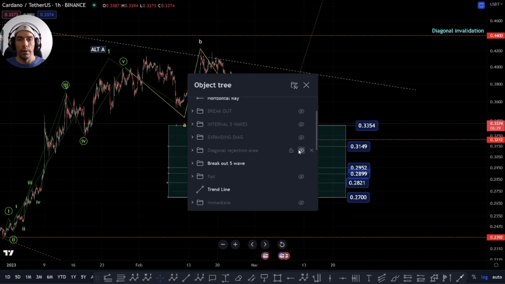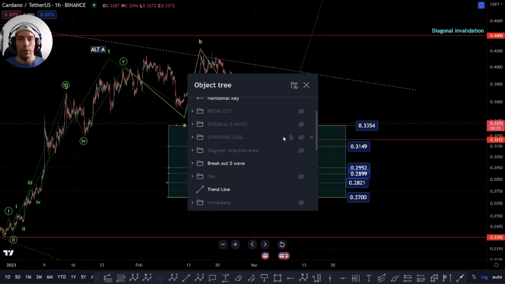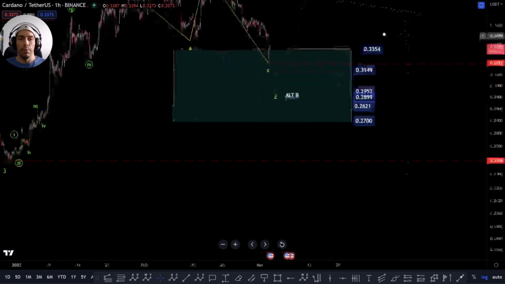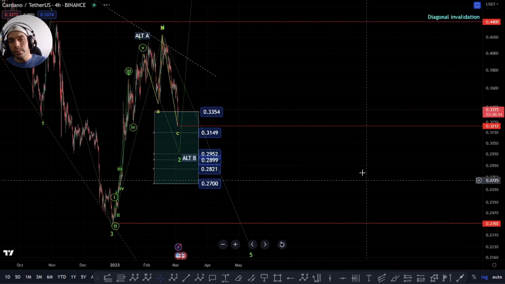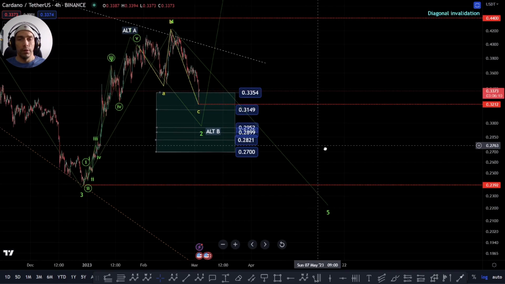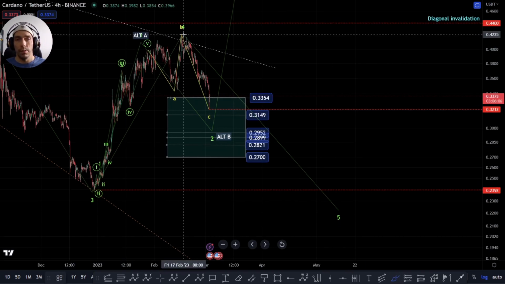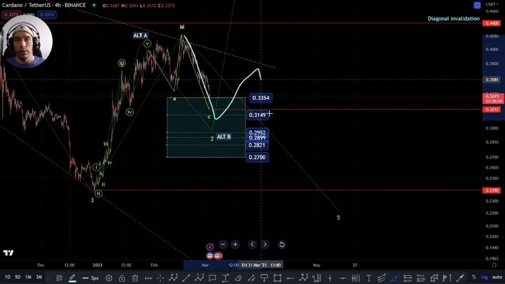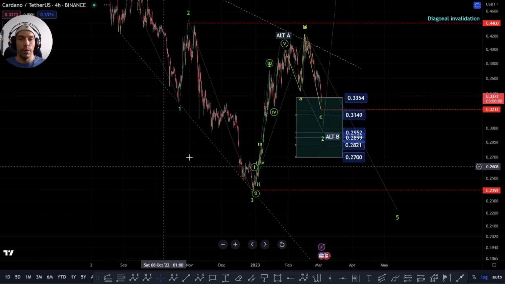Alternatively, we didn't actually cross this validation point for this diagonal, and we've been talking about this for a while. We came right up into that rejection zone of that 42 cent to 05, and we could still be looking at that possibility of coming down one more time here. I'm looking for that possibility to take this low point here. So, we need to just see how this progresses. If we do see a bigger five-wave move playing out here to the downside, something like this, we could then be looking for that fifth wave to the downside.